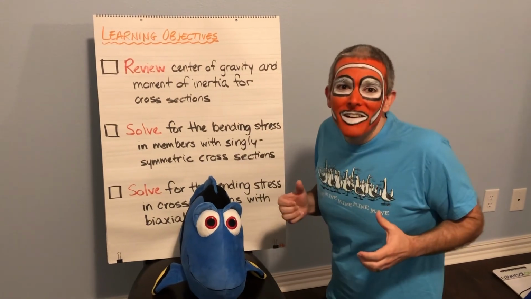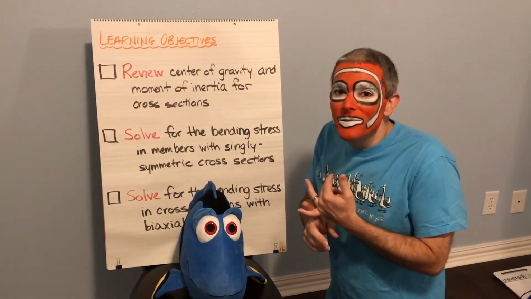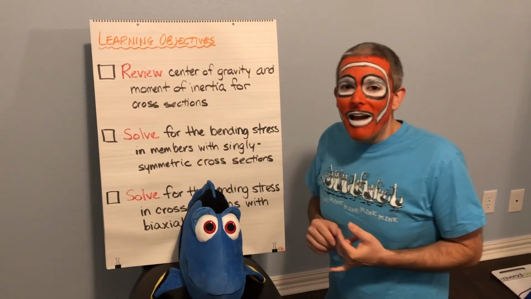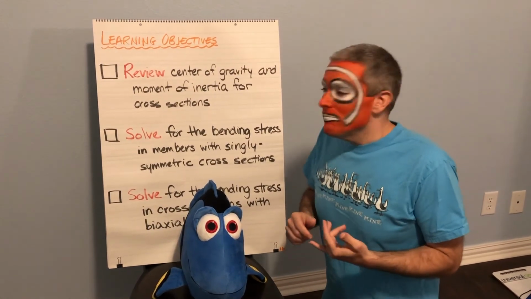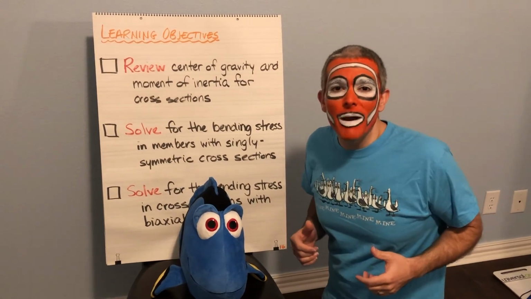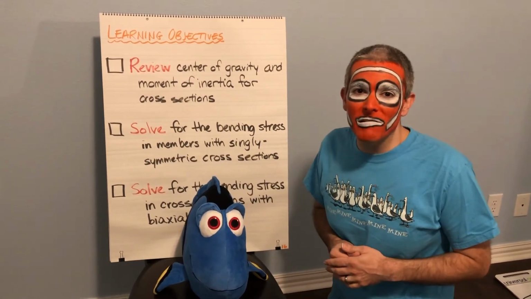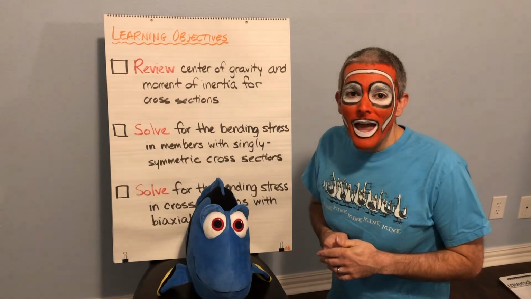Seems like in this video we're going to review how to calculate center of gravity and moments of inertia for cross sections. And then we're going to solve for the bending stress in members with singly symmetric cross section. And then,